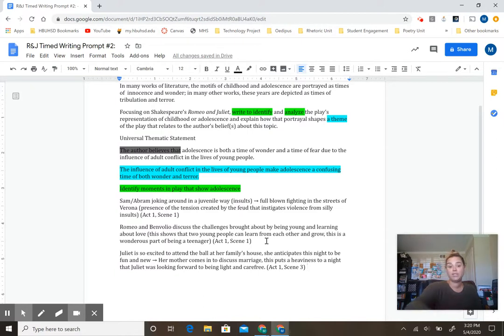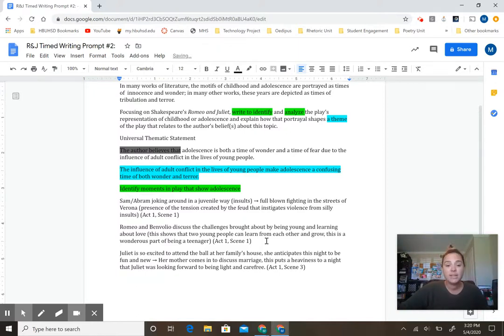So in this situation, her mother coming in to discuss marriage would be the adult conflict or the adult concern or the adult tension, overarching the joy and wonder that the youth is feeling. I mean, it would be completely logical that she may feel a sense of terror as she's thinking about this idea of getting married, because she's like, oh my God, it's too young. Oh my God, I haven't gone to experience anything. Oh my God, I don't want to do this right now. So terror may be a good word to describe how she's feeling there. Okay, so